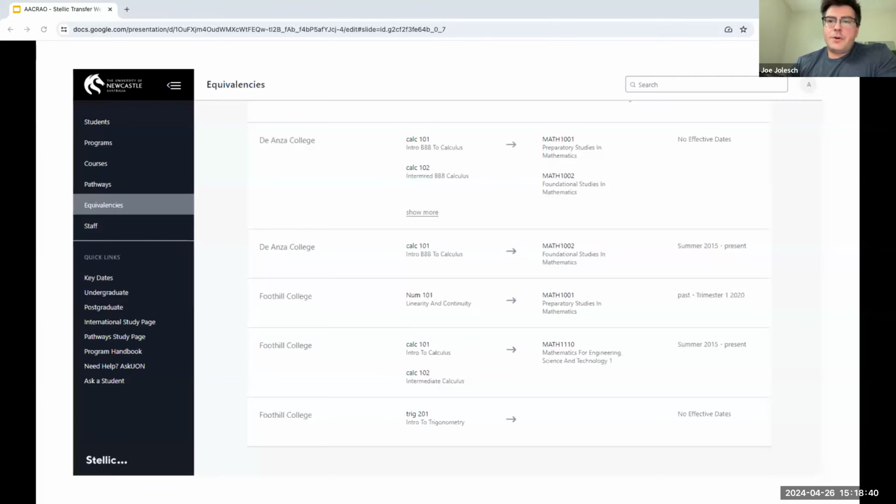Okay. So we're going to start with a look at equivalencies. This is what it would look like in Stellic, and we're starting here just to set a base level of the system. What we're looking at is transfer rule management, where we can see some equivalency rules that we're going to work with today as a student, and then again as an administrator. This is the part of the platform where administrators with permission, so not everybody can do this, of course, I just always want to caveat that,